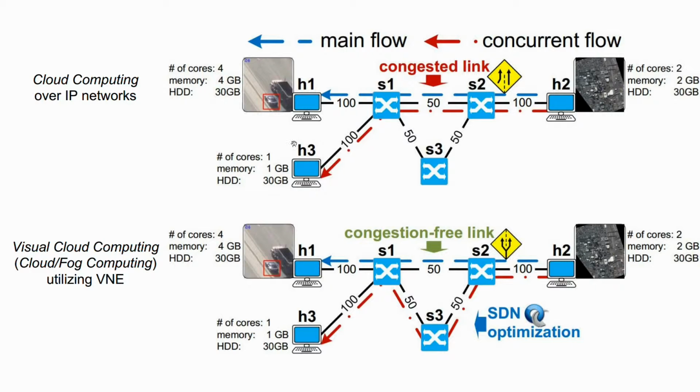And host 3 acts as kind of consumption site. For simplicity, we assume that we just need to store this raw data on this remote machine. So, in visual cloud computing, utilizing virtual network embedding, we are using SDN optimization of the network in the middle to tune this network for a particular tracking application, so that we mitigate